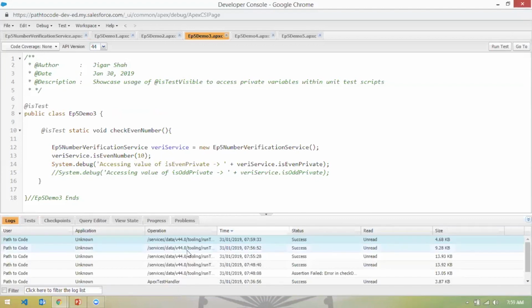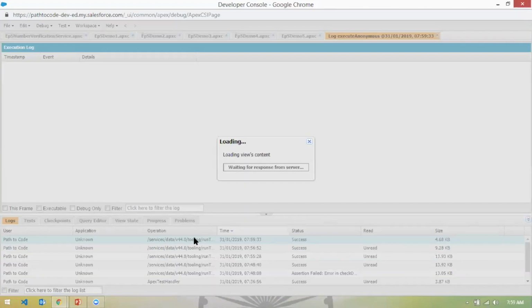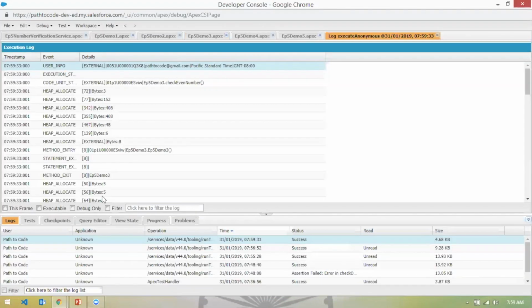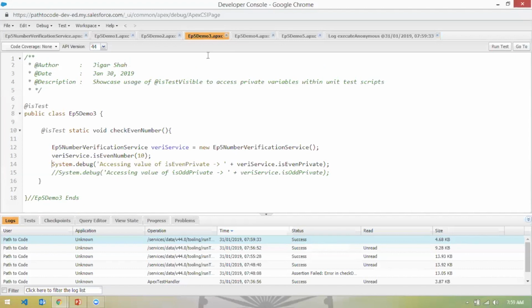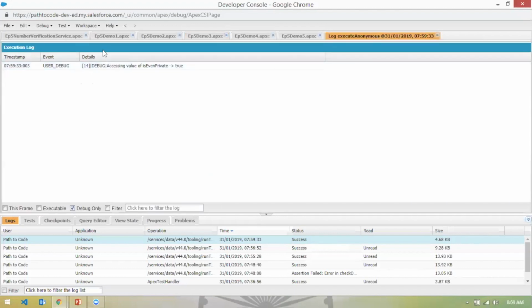So I'm going to open up the developer console log. And if you see, I am able to access the value, isEven private, based on whatever the logic was. I believe it was a valid even number, so the expected output was true, right? So you see the value of that particular variable is now accessible here,